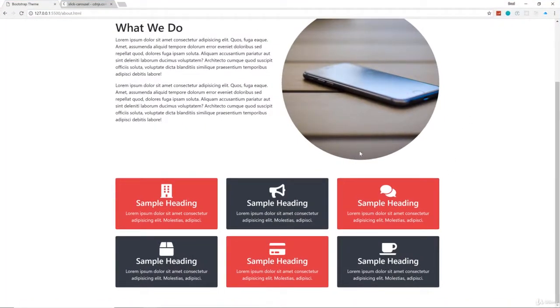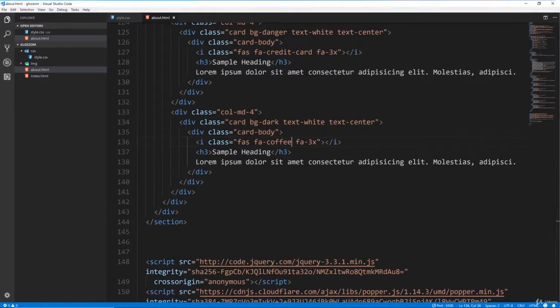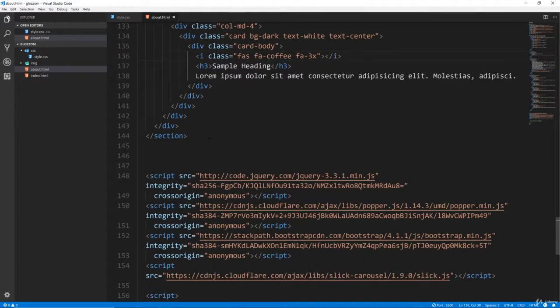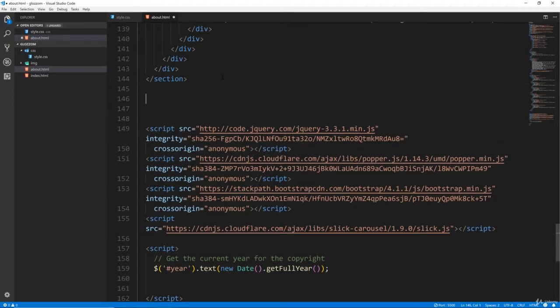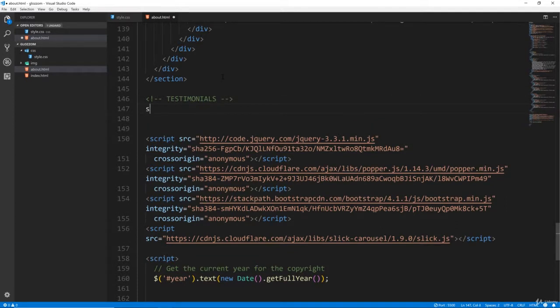So now we're going to do the testimonial slick slider, and basically we're going to have block quotes. Okay, so it's going to be a slider of block quotes. So in our HTML, let's go directly under this section here, and let's add a comment. We'll say testimonials section, give it an ID of testimonials,